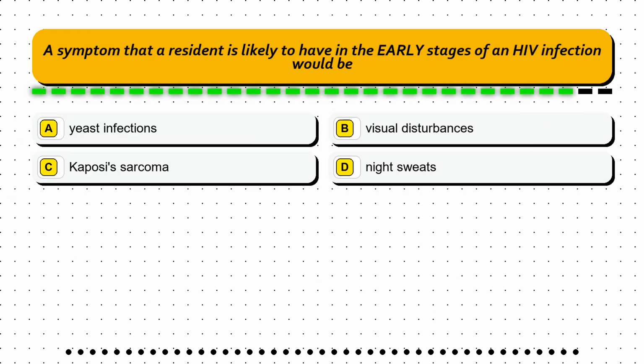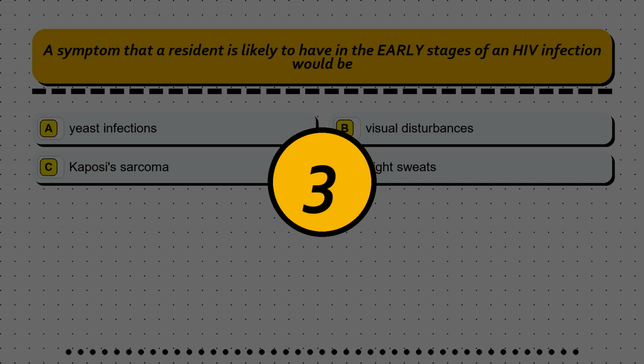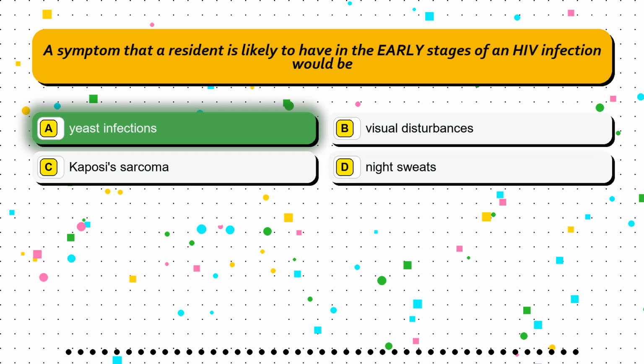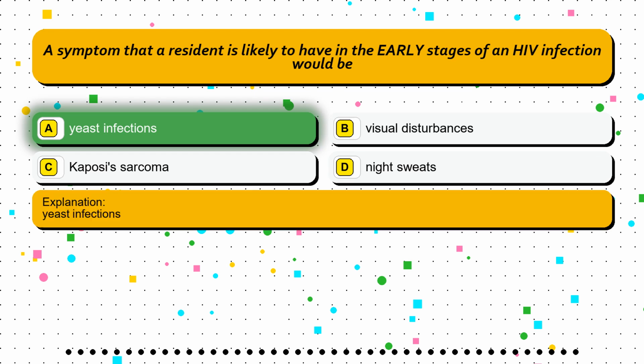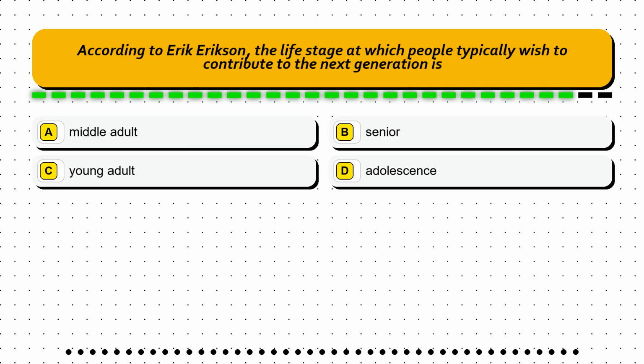Question 34. A symptom that a resident is likely to have in the early stages of an HIV infection would be: option A, yeast infections. Option B, visual disturbances. Option C, Kaposi's sarcoma. Option D, night sweats. The correct answer is option A, yeast infections. Question 35. According to Erik Erikson, the life stage at which people typically wish to contribute to the